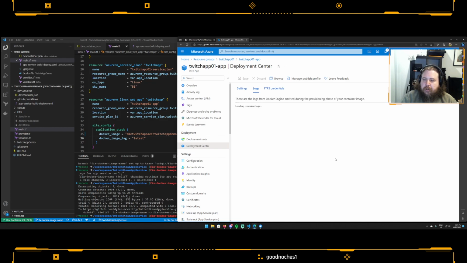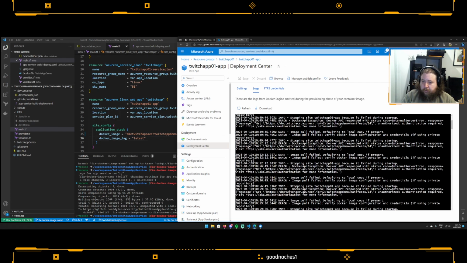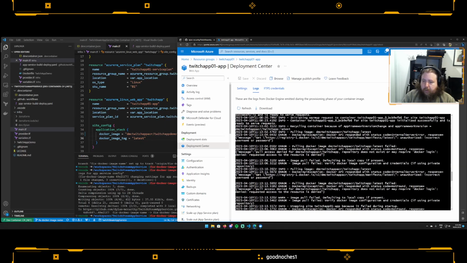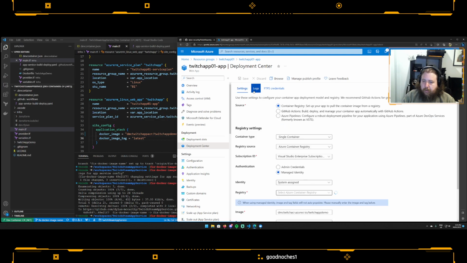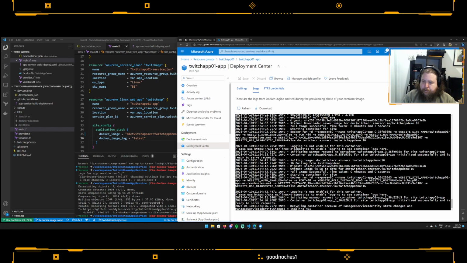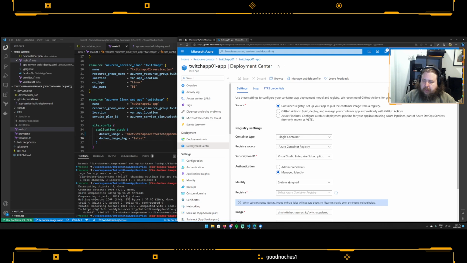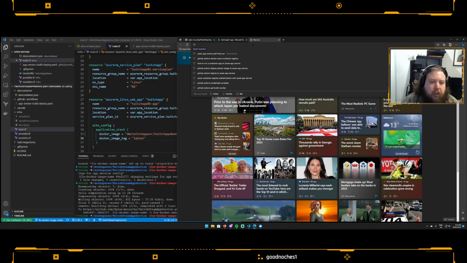Load container logs. Okay, I think that's the one we just pushed with 16. Okay, so that looks like that's working. So let's go into